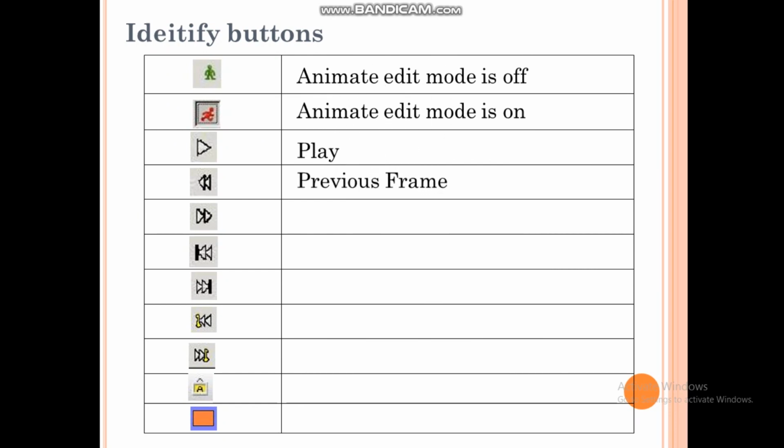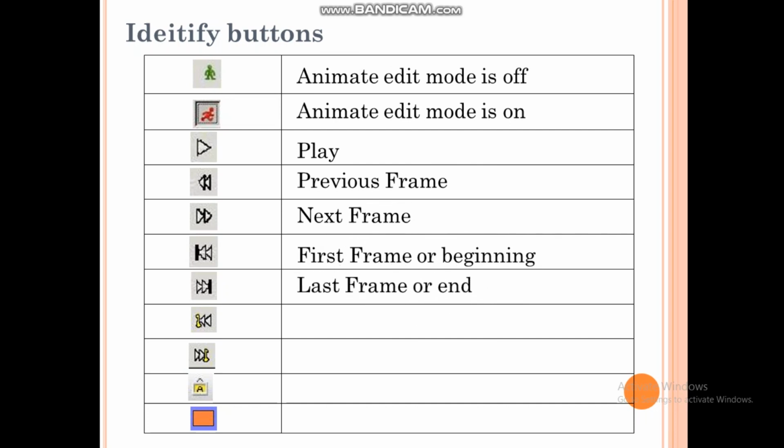Then you can see this is previous frame. This is next frame. Now this is first frame or beginning. Same way, this is last frame or end. Now this is previous keyframe button. Then it is next keyframe button.